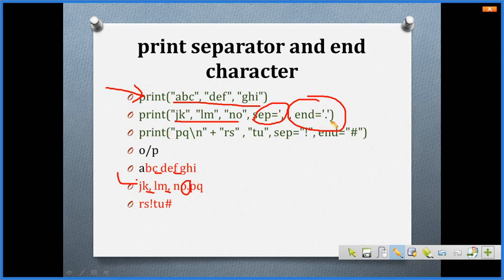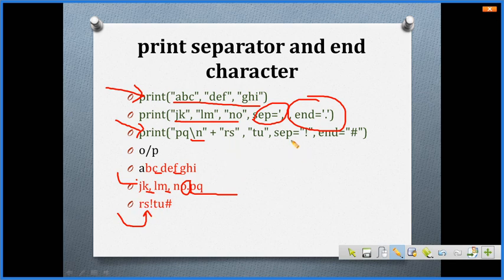Since the end is given as dot, the next print statement starts from the next position, the next character after the previous print statement, and since there is a new line here, from here onwards it comes on the next line. New line always gives you the facility to start from the next line.